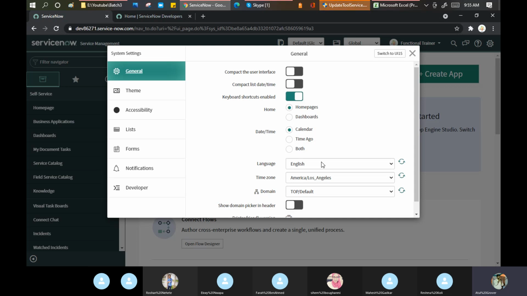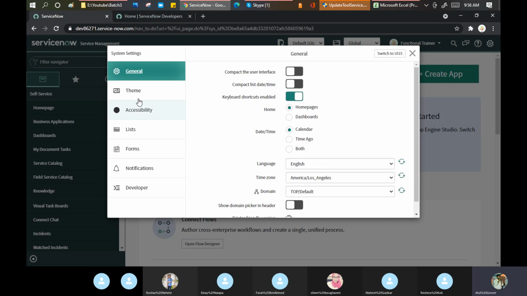Farha says, okay, you need light colors. Let me do one thing. Let me personalize the phone according to your wish. She will create a new account for her mom and do the settings in that profile. If I switch the profile, it is not going to impact me. And this is called personalization in ServiceNow. I want to see something on my home page, I can do it, and it will not impact anyone else.